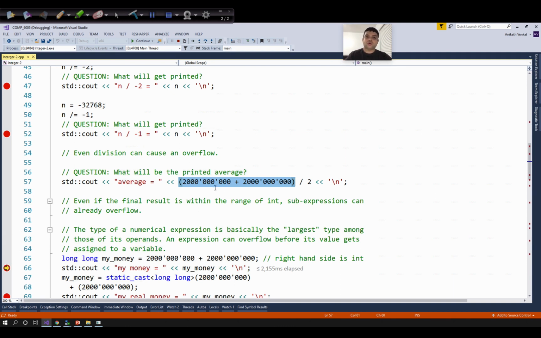But a signed int cannot hold 4 billion. 4 billion is greater than 2 to the power of 31 minus 1. And therefore, an overflow occurred when this addition was performed. So before the number was even divided, an overflow occurred, and the division happened only on the overflowed value. Now we will see how to fix this soon, but let's see a different variant of the same problem, wherein